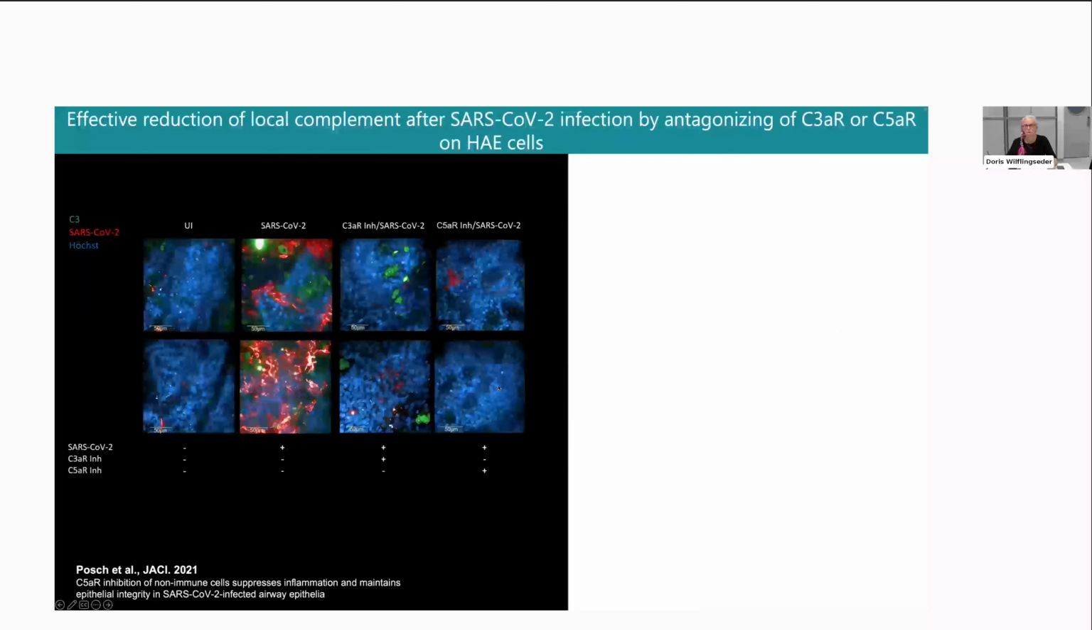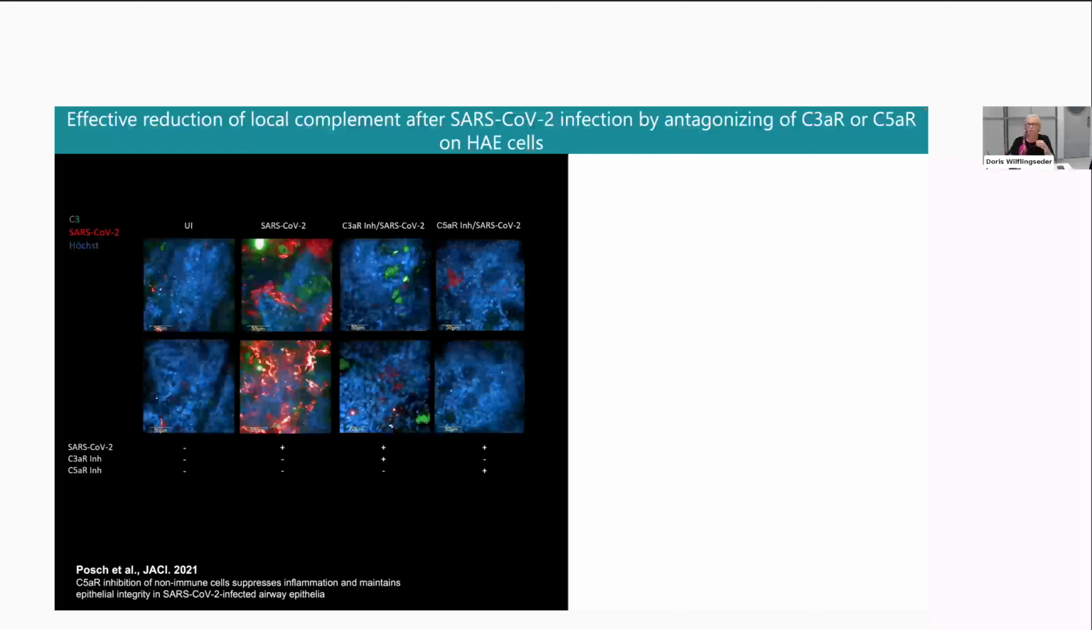So here, this is the best example. The C5a receptor inhibitor worked best. You can see that we nearly have no inflammatory response in terms of C3 in the tissues anymore. The tissues look really similar to uninfected tissues. And surprisingly, also with the omission of the inflammatory response, also the viral